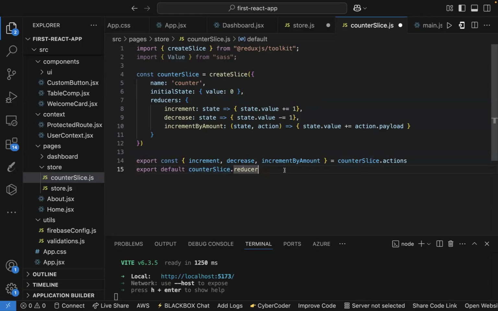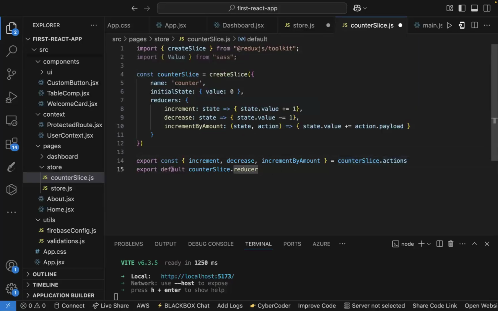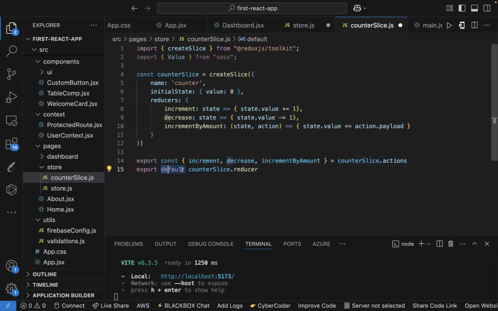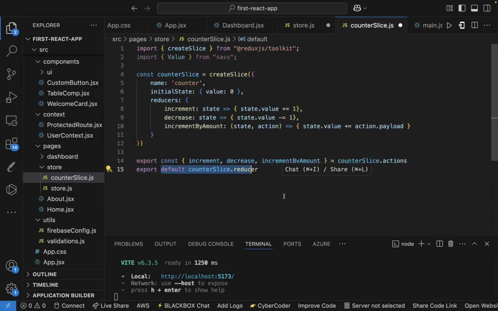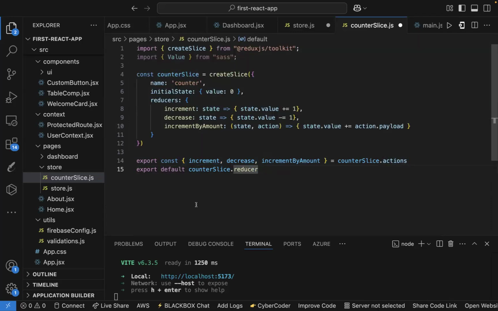Yes, I understand your question. So let me clarify. Just look at it with the terms that are being used. Understand that on this line, we are exporting actions. Are you with me? On this line, we're exporting the reducer, the value. Do you follow? So what's happening here is, you understand what destructuring is. We've done this severally. That's why we took it early. So we are destructuring this particular counterSlice.actions. We are destructuring the actions because as soon as we created